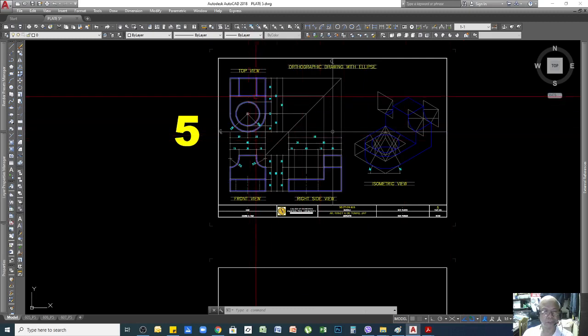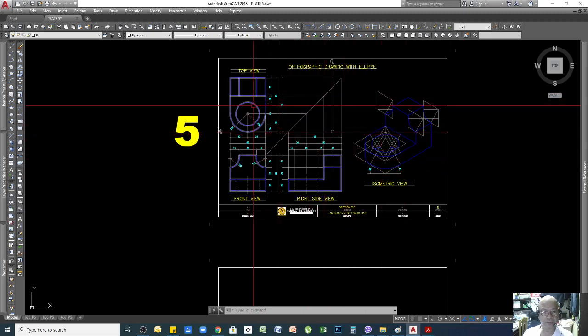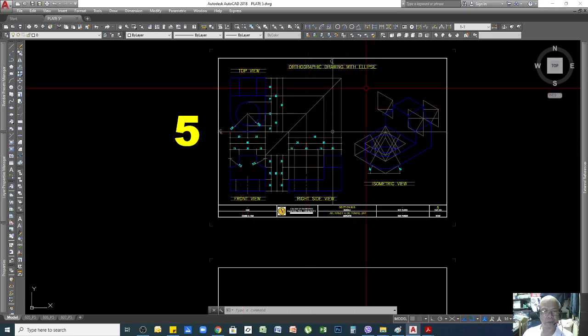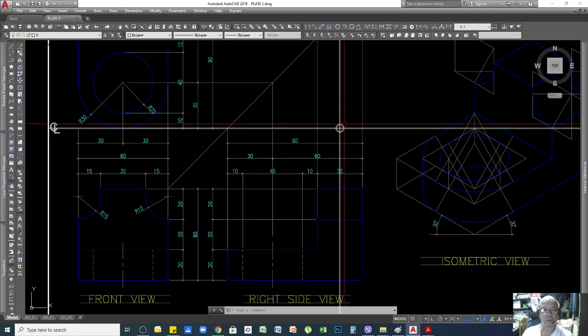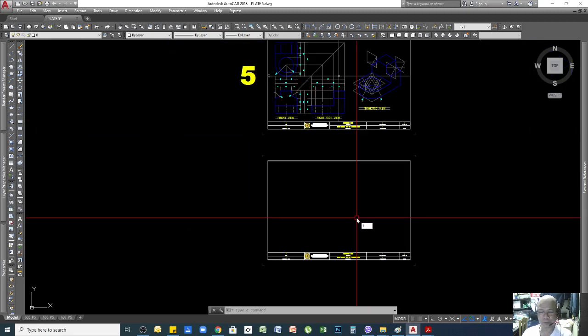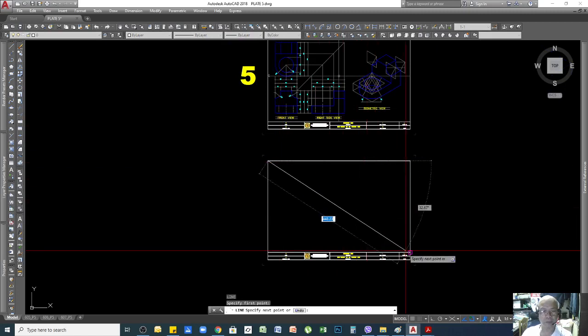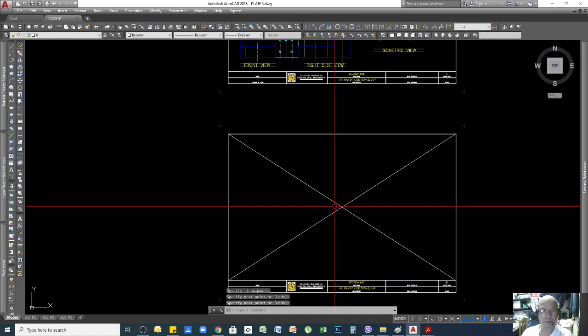Basically all this will be similar or the same. All you need to do is just rotate. So as I said, I will demonstrate how to do this. First, since we always use the center as our reference point to start, I'll do this in a faster way. Okay, so my center will be there.